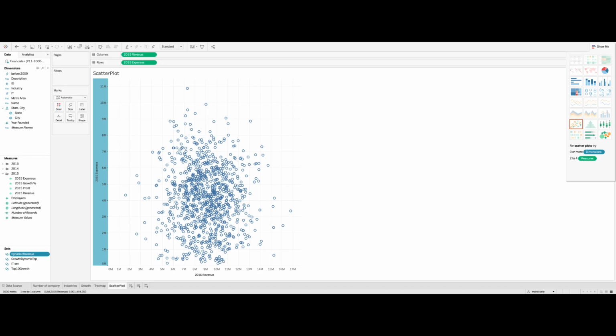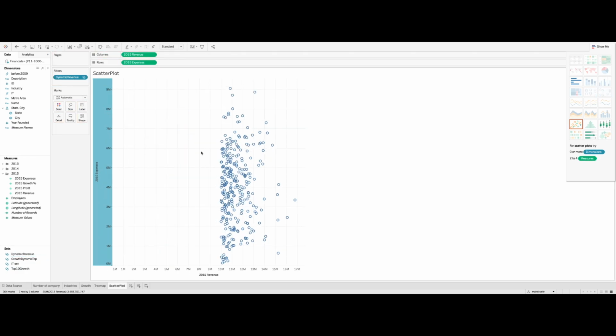My dynamic revenue is here, and yes, in 2011. You see, at the moment I only have the companies with more than 10 million income revenue, but maybe better